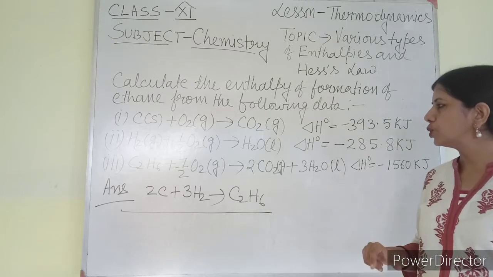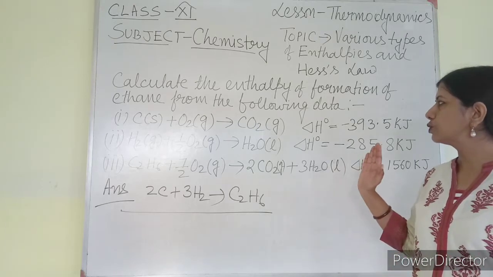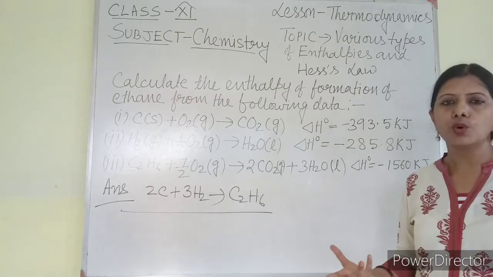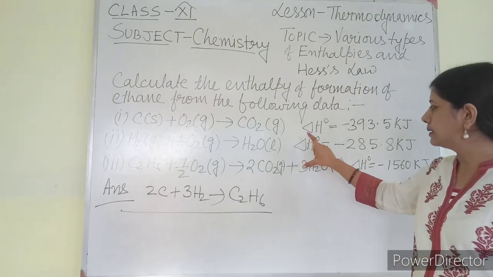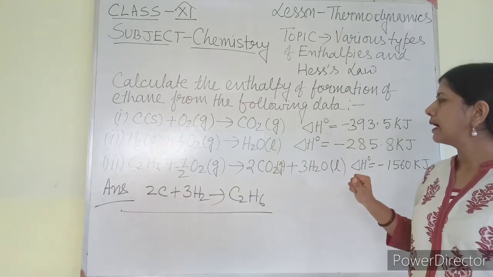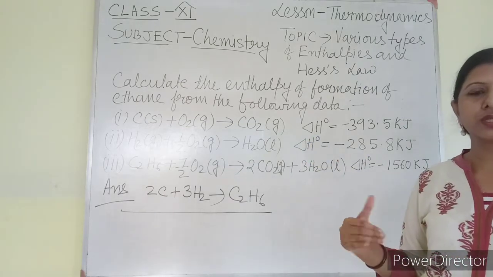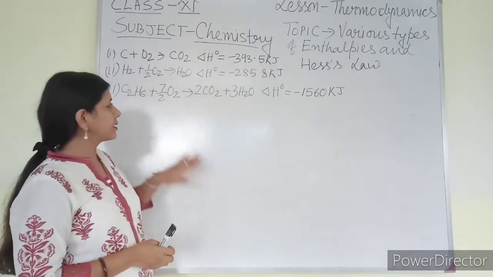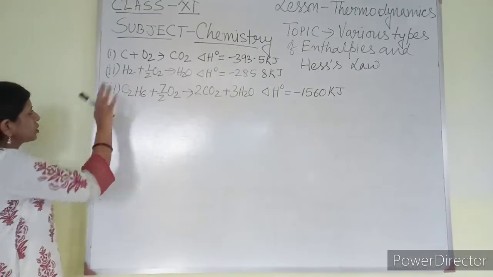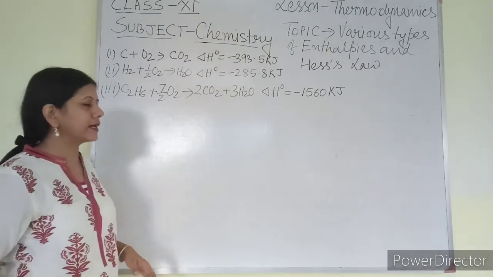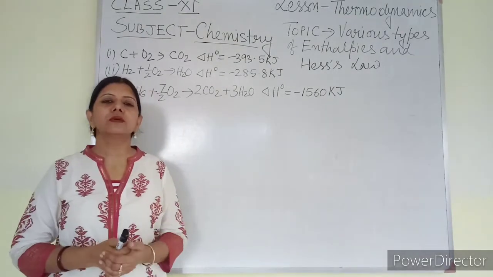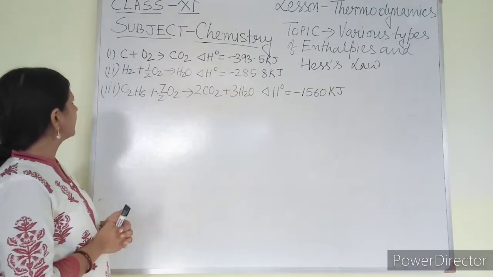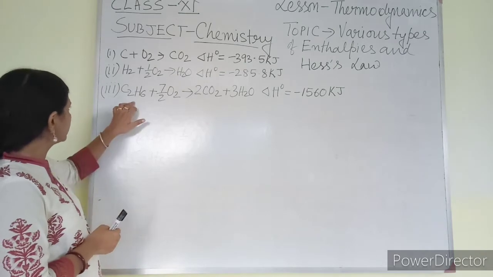So I have to do the sum, but before doing that I have to rub some portion because the sum is really long. So I have to write this data in a smaller form and then I can do it. So just wait. I have written the three data that are given to you: equation 1, equation 2, equation 3. Using these data you have to find out the formation of ethane, that is C2H6. Now here you cannot find C2H6 anywhere; here it is there.